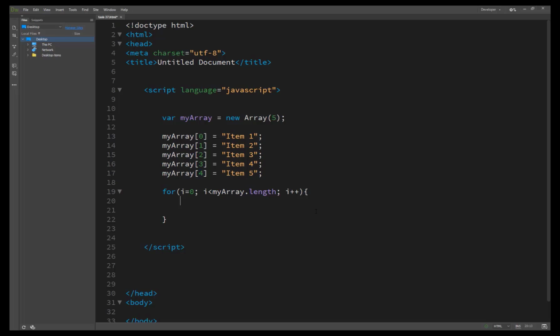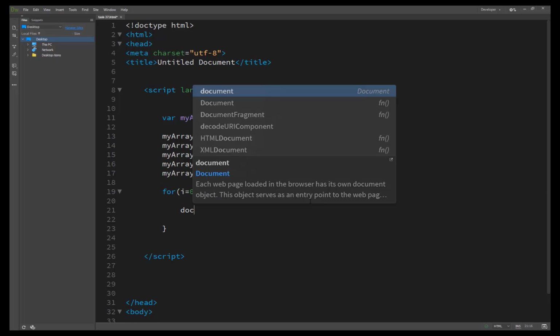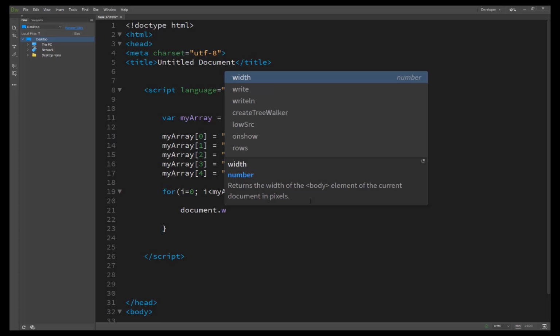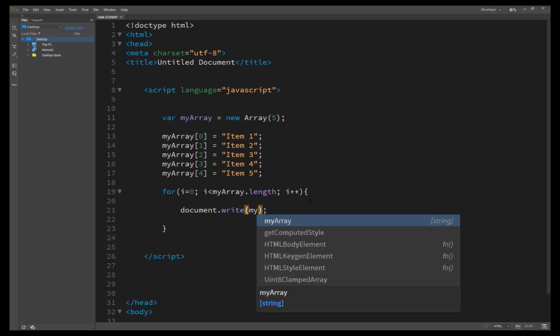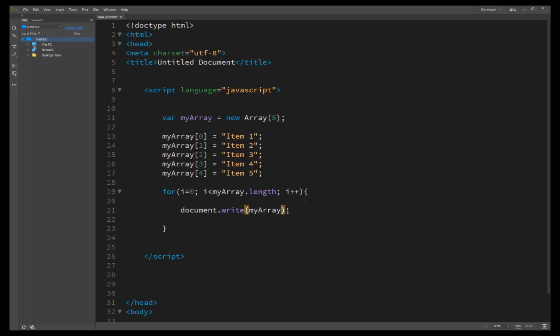And i plus plus, and inside I have just passed a message, the same thing, document.write, for getting our result on our screen. Inside document.write is myArray, the same thing, but with the index.